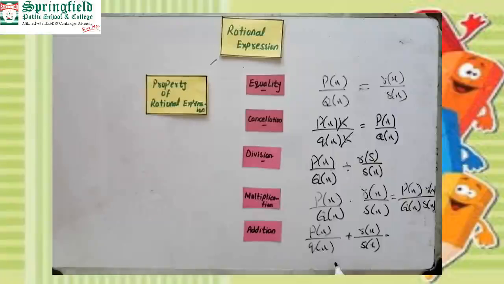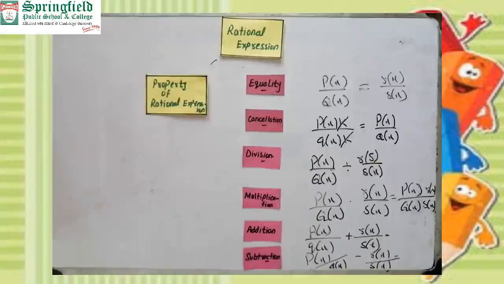And how can we solve this one? First, during addition we will find the LCM of both denominators and then solve, as we know how to convert the small fraction to the larger fraction. And the last one is subtraction. Subtraction has the subtraction sign, p of x divided by q of x minus r of x divided by s of x. There are four expressions. So how can we solve? Same as in addition. First we will find the LCM, then convert the small fraction to the larger fraction, and then we can solve.